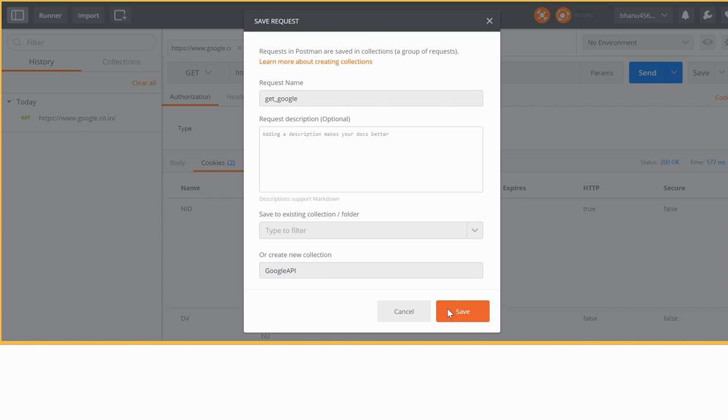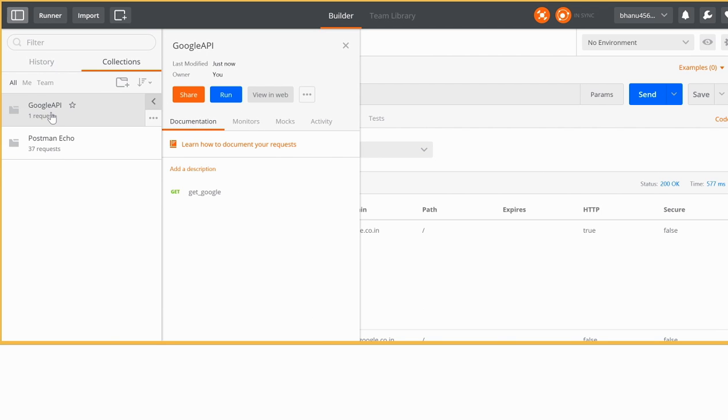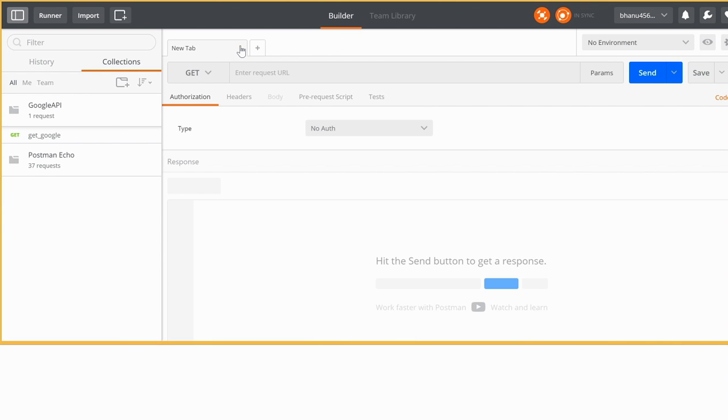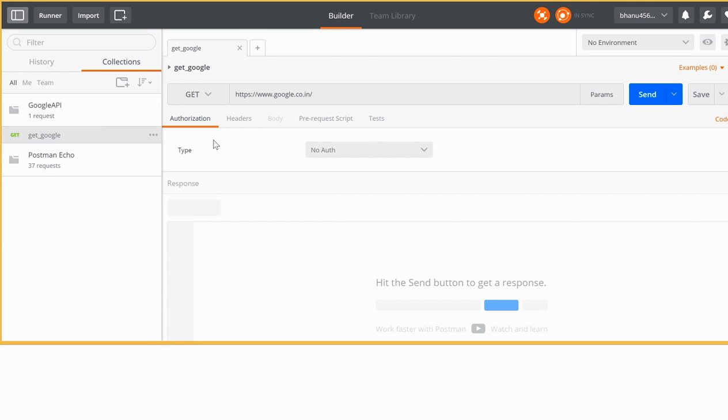Click on save. When you click on save, you can see there is a Google API saved here. Let me cancel this. When you close it and click on this get Google API, this API will be saved here. So that's how we save the API.